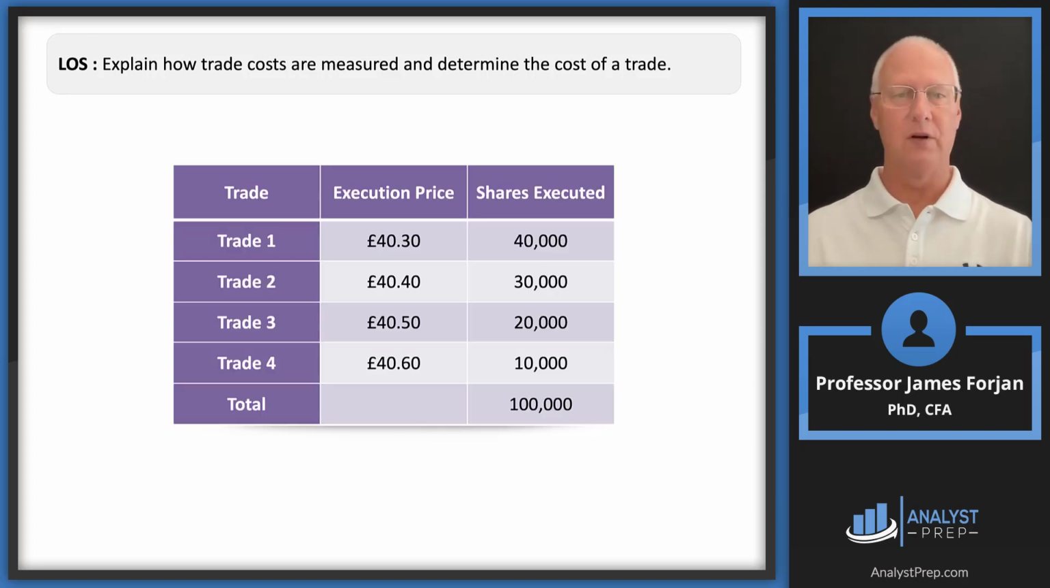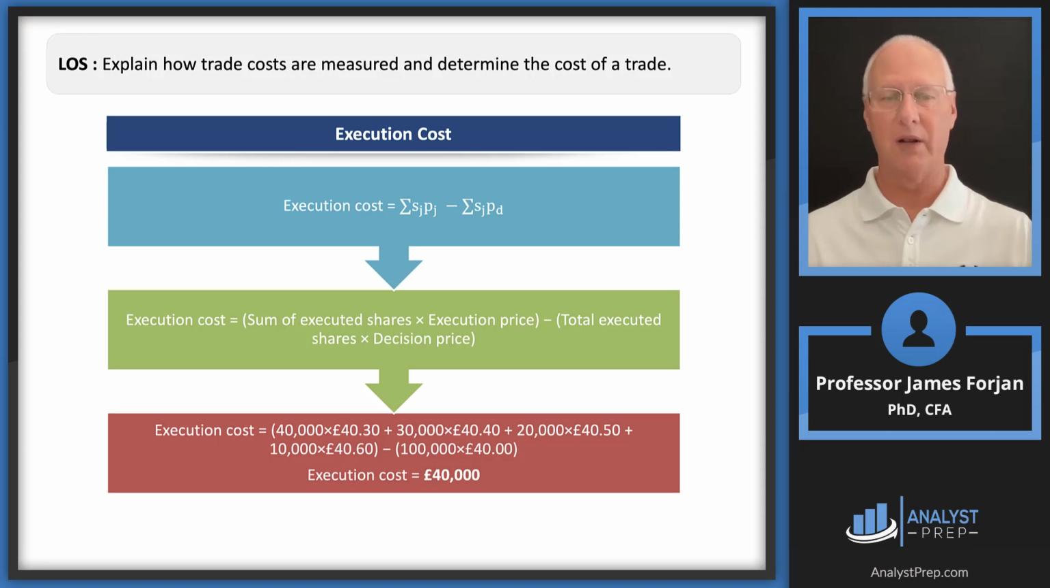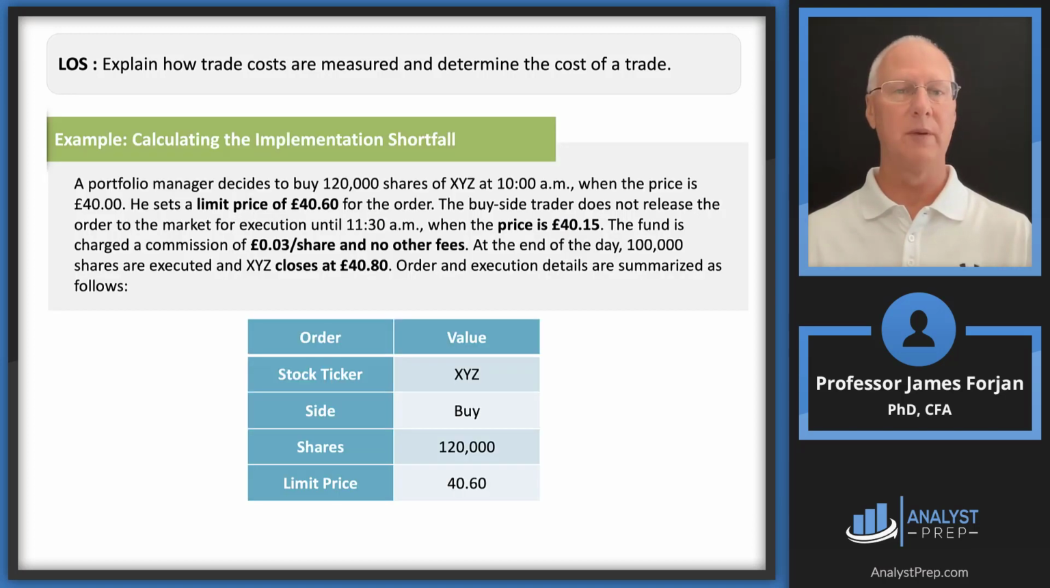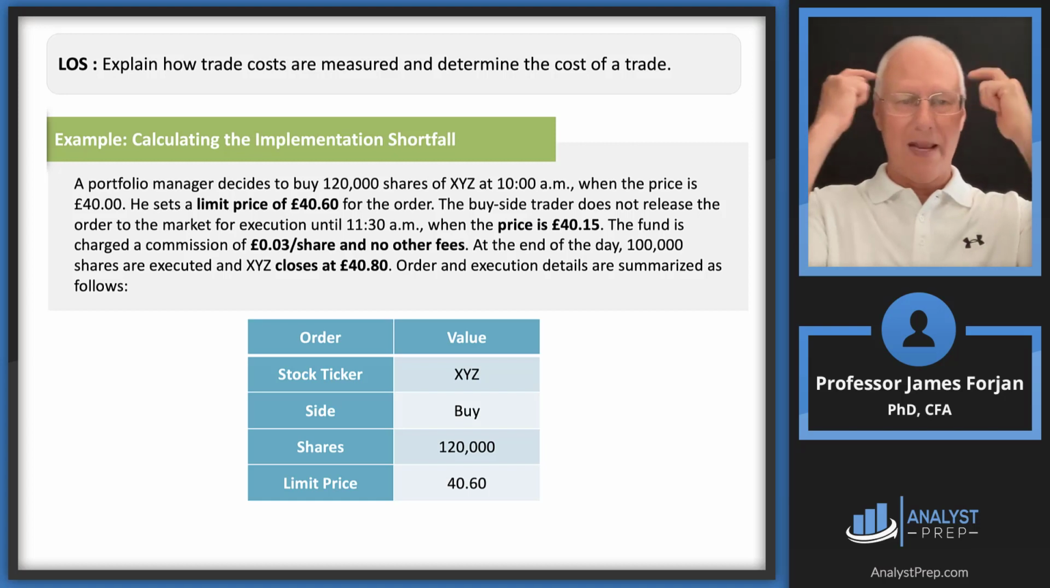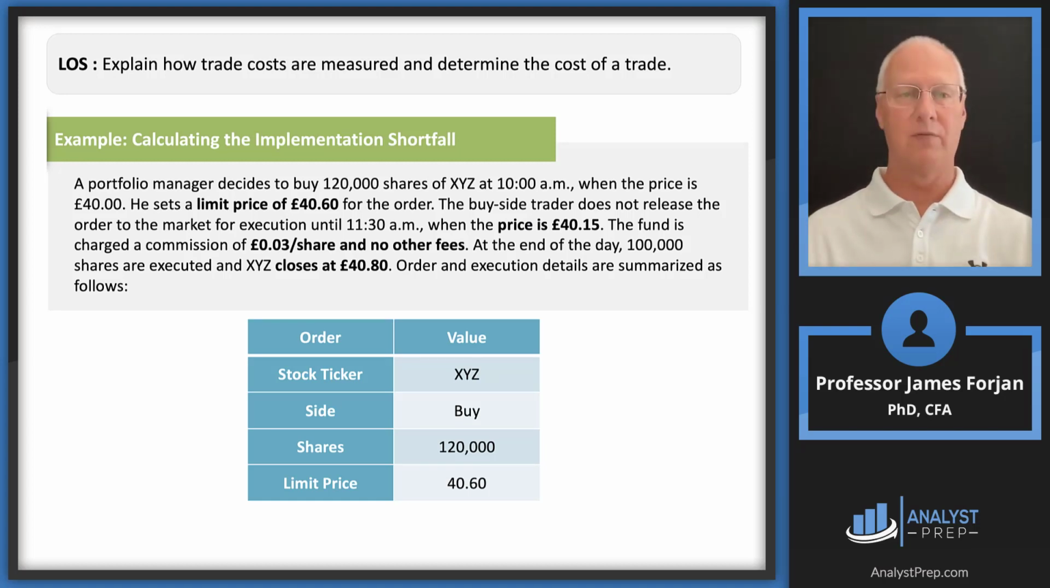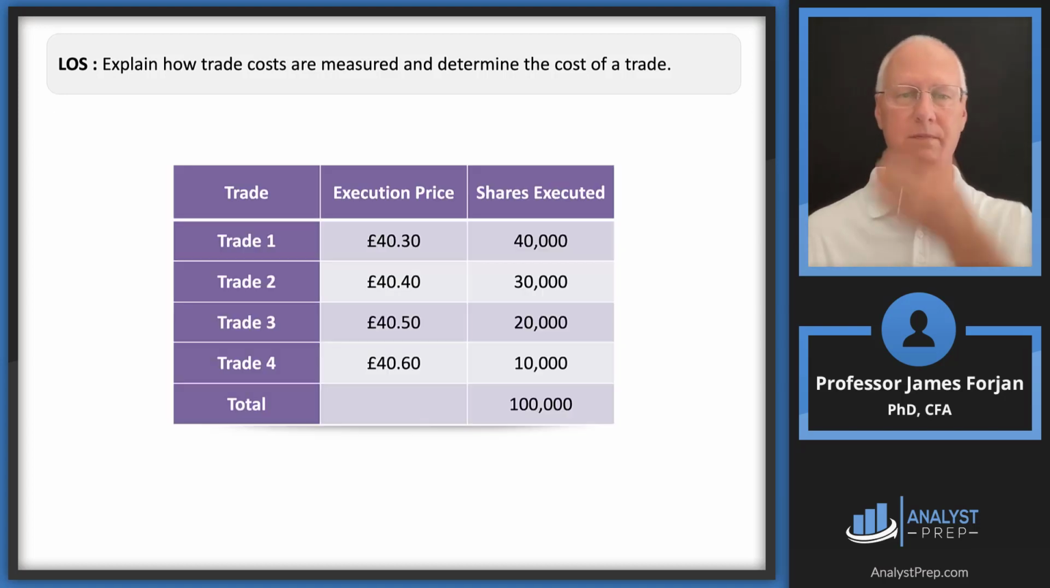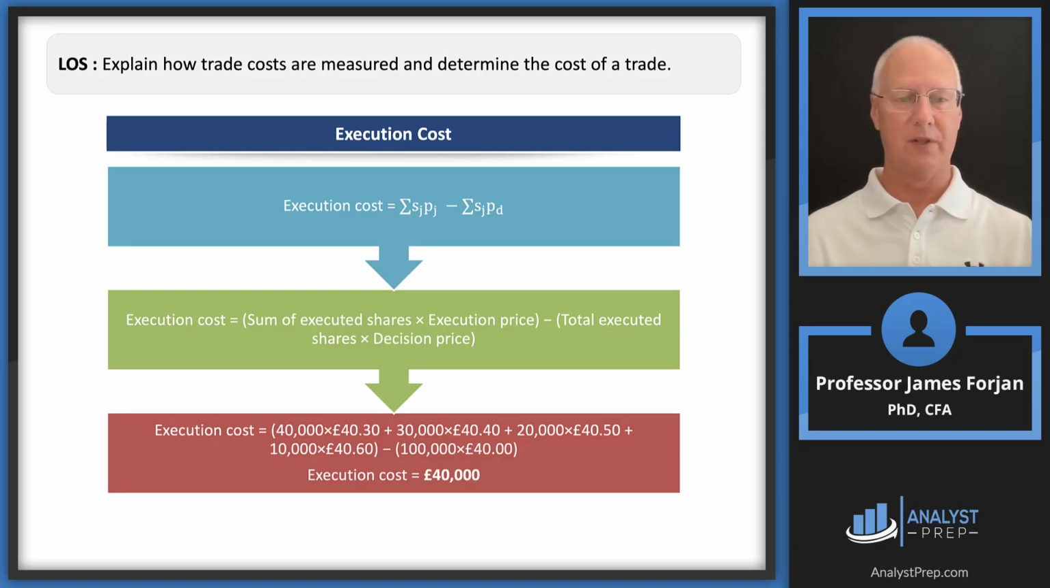So we go back to this. All we're going to do is do the multiplying, right? 40,000 times the 40.3, do all that, and then subtract, and this is important, subtract the 100,000, which is the total purchase, times that $40, because, let me go back here, right? At that instant, the price was 40, not dollars. It was a different currency there. So the execution cost there is